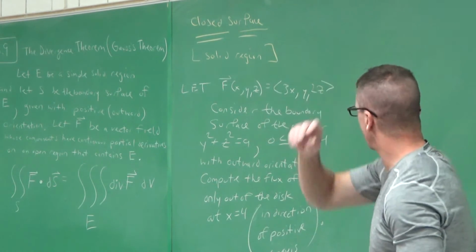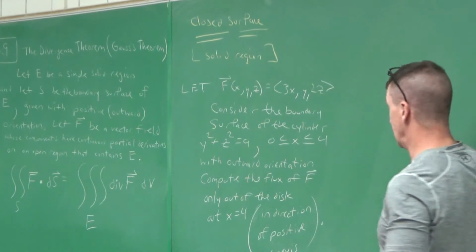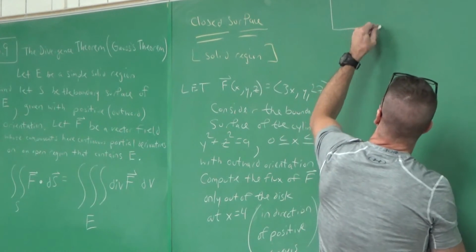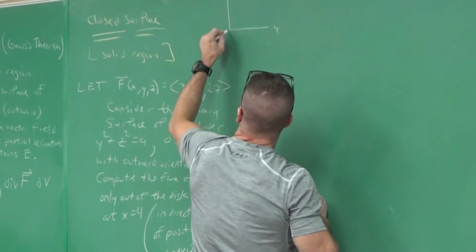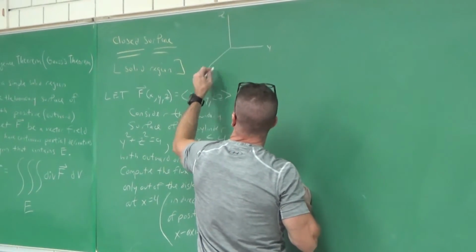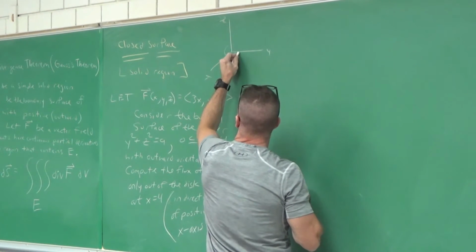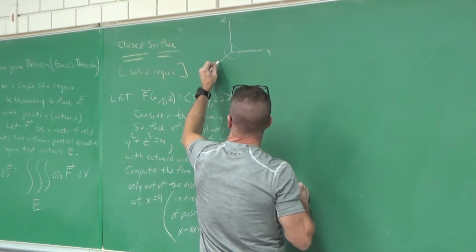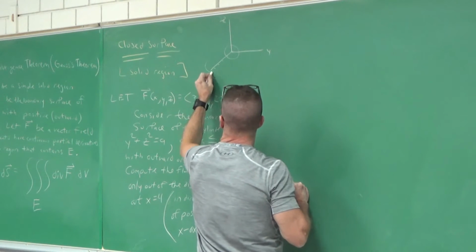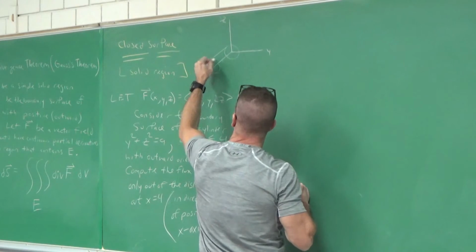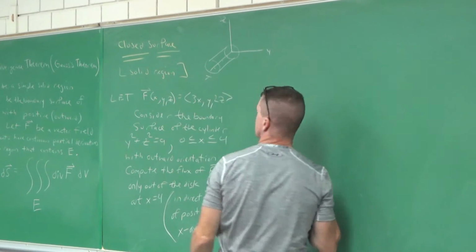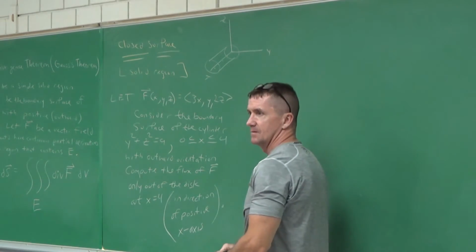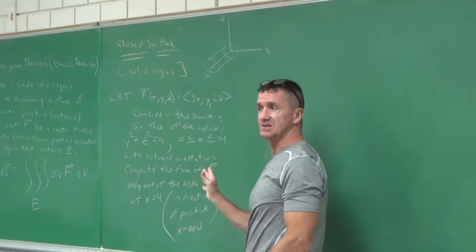So, if you don't mind, let's draw an image of this. Y-axis, Z-axis, and here's that x-axis. We're talking about just a circular cylinder. It goes from 0, 1, 2, 3, 4. Just right there. There's the cylinder. But we're only getting the flux out of where? We're not going to use Gauss's divergence theorem now.